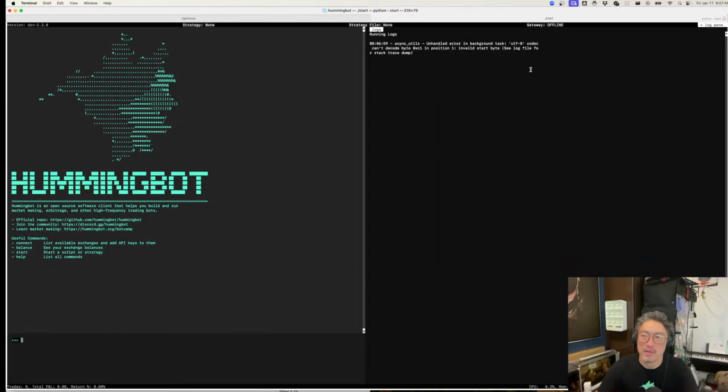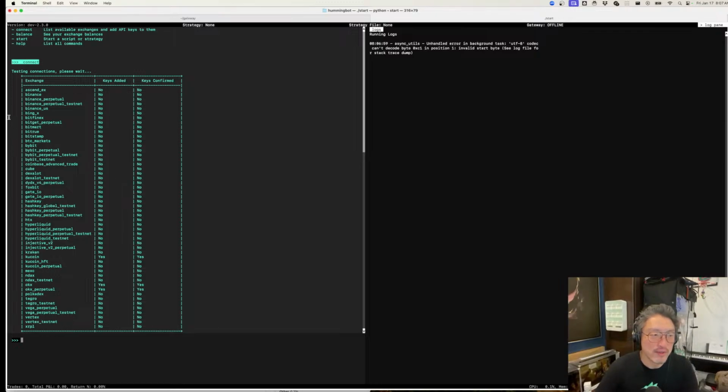If you notice, there's something over here that says Gateway Offline. What that means is you're just using Hummingbot in standalone mode. And when you say connect, these are all the exchange connectors. You notice there are some CEXes like Binance. There are some DEXes, like Hyperliquid and Injective. But notice that these are all order book DEXes, and that's because Hummingbot is designed to trade on order book